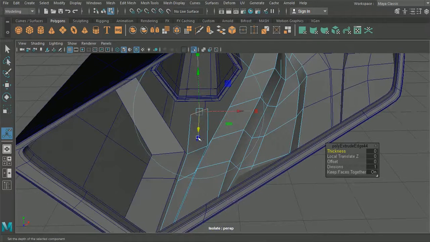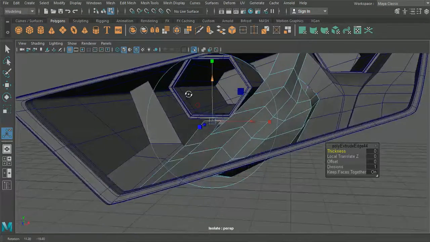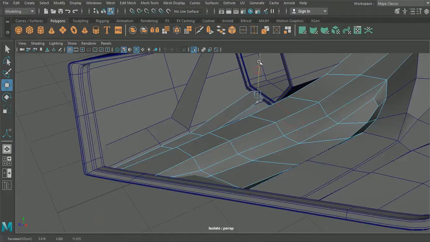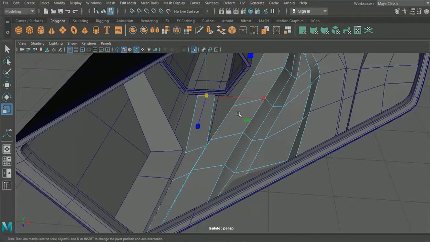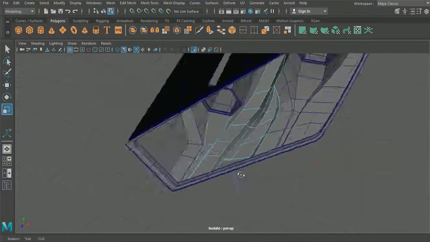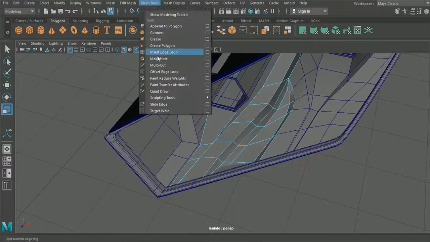Maybe go from a slightly different angle here. Straighten that up. And we'll pull that up under here. And spread that out there. So we know what we're aiming for there now. So I think we'll need